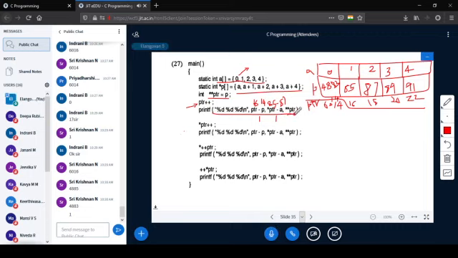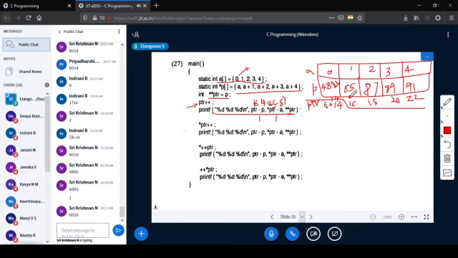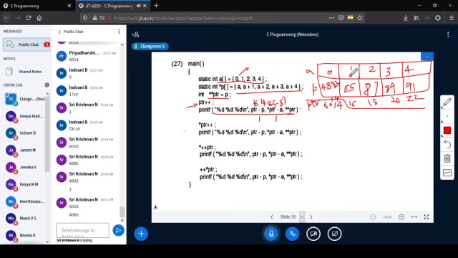Okay. What is star PTR now? What is PTR now? 6016. What is star PTR? 6016 is an address, and the value at that address is 1. Is it clear?